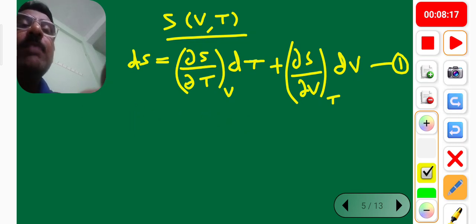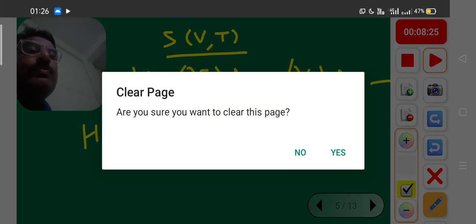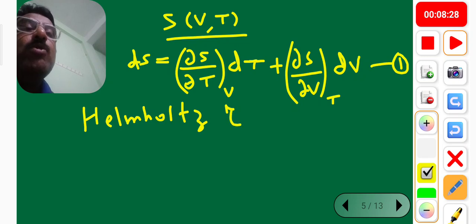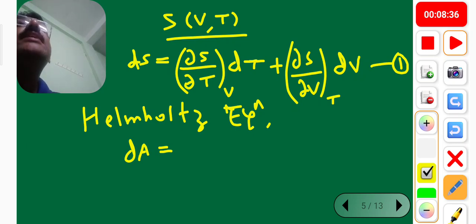So what is the Helmholtz equation? The Helmholtz equation says that dA, the Helmholtz energy, is equal to minus S into dT